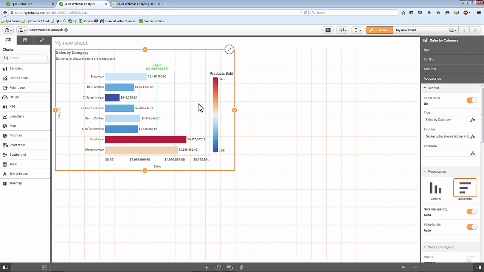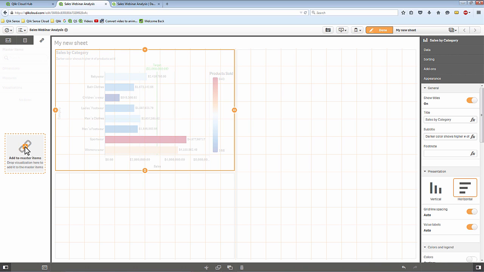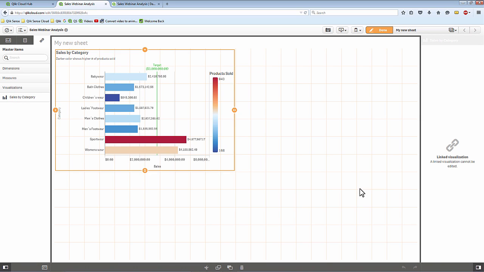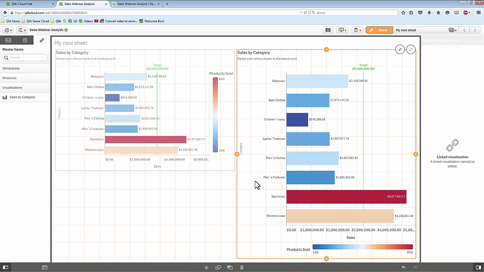Now, most chart objects follow this paradigm, so I'm not going to go through all of that for each chart that we define today, but you get the picture that that's how you can make adjustments to your charts. After making all of those adjustments, I'd like to save this chart for later use, so I just grab it, drop it over into my master items, click Add, and now I have a predefined chart that I could reuse. Please keep in mind this makes more sense in an enterprise environment with multiple people, where you want to give them a basis to start creating visualizations, and this could be their base example that they can then build from.